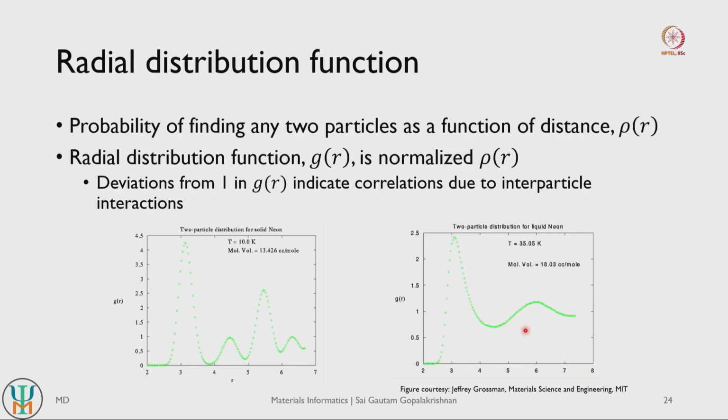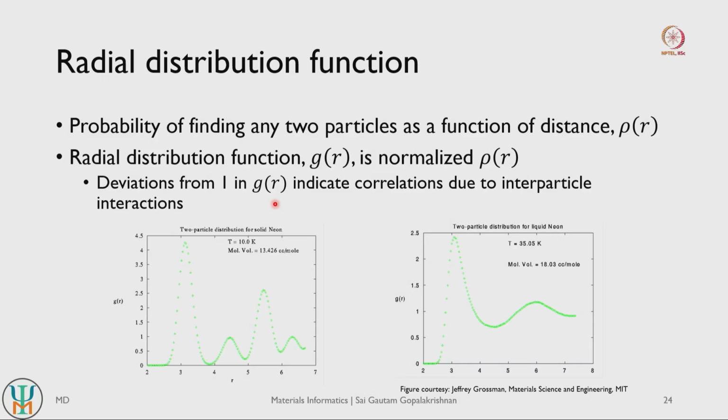Whereas in a liquid, this is the same particle distribution function in a liquid. So you see that the nearest neighbor or the inner coordination shell is fairly well defined, but as you keep increasing distance the coordination is not very well defined, right. So the distribution becomes more and more random, so there is no real periodic arrangement of atoms in a given liquid, right. So we see that paired distribution functions can be very different for an ordered or disordered system, or a solid or liquid system, and these paired distribution functions are typically used along with molecular dynamics simulations to track a given structure, to see how the structure is actually evolving, right.